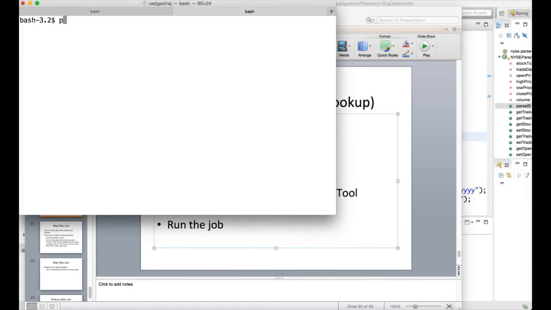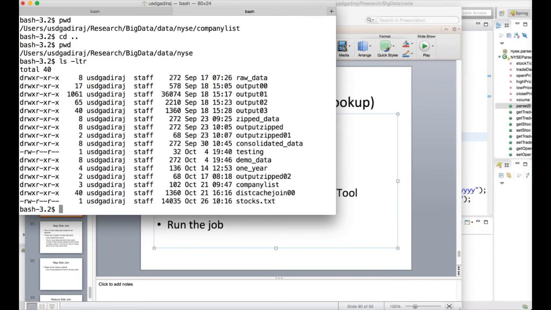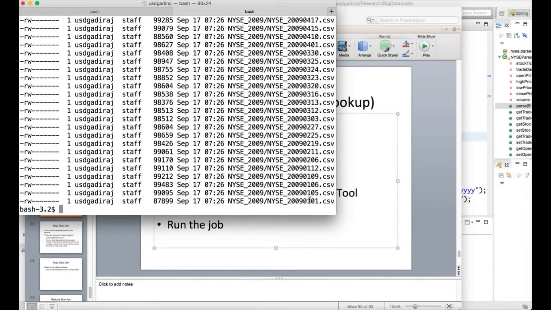My data set is in this location on my PC. It's under the research big data NYSC, and as you have been seeing, we are using New York Stock Exchange data for almost all the MapReduce applications, and we typically work on the raw_data directory. If you go to the raw_data directory, there is a directory for each and every year, and for each and every day there is a file in that. So for example, you can do 2009 and you can see for each day there is a CSV file, and let's copy one of the file